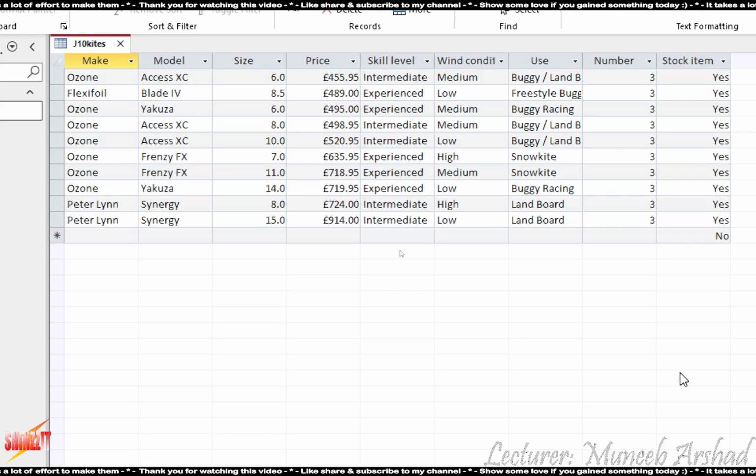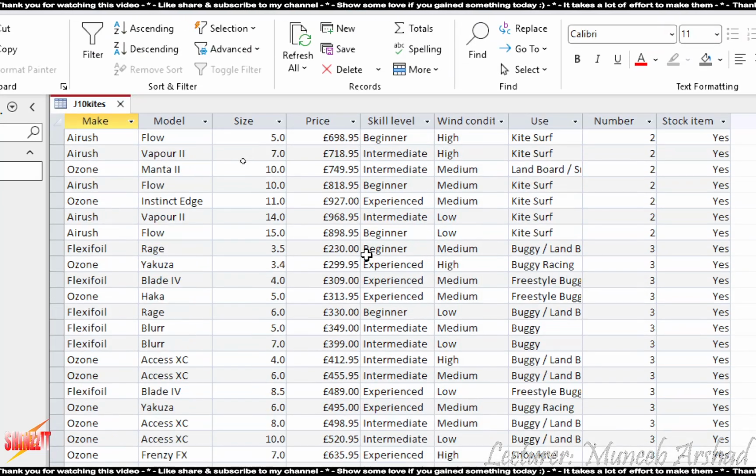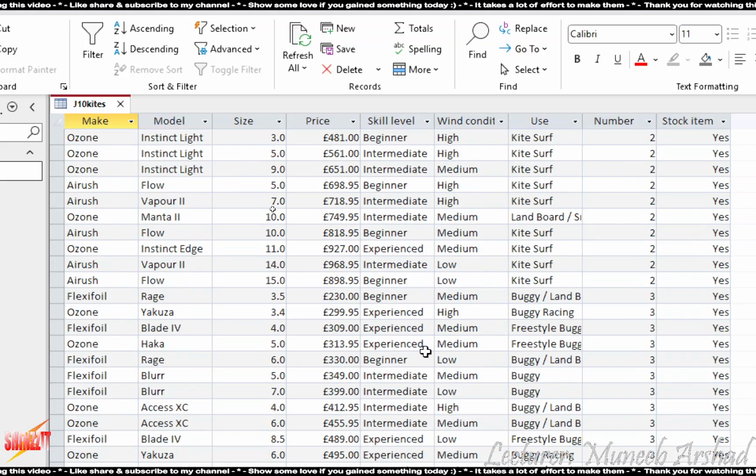So what happened? Huh? It got deleted, right? So never do this. Never ever change your view when you're adding a particular record. The record does not get deleted. It gets sorted within the list, sorted within the table of records that you have.